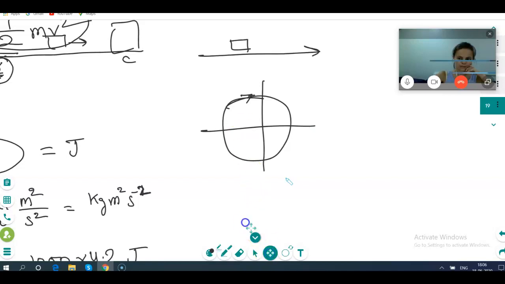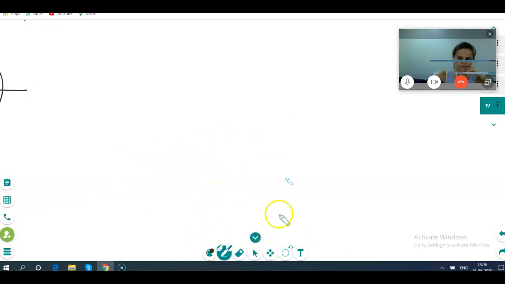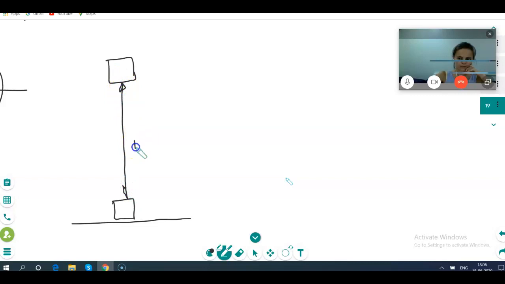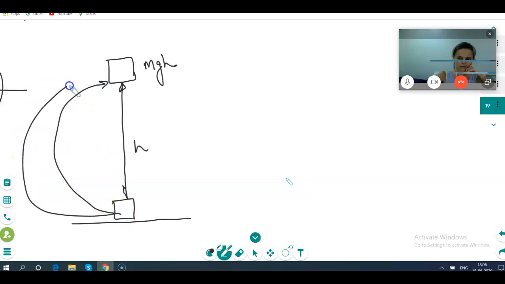Okay. Now I will ask you very simple questions. You have to give me the answer. Suppose this mass is there, correct? If it goes up by this height, how much energy will we gain here? It gains mgh, potential energy. If this mass goes by this path, no matter what path it takes, at this height it has this much energy. Am I right or not? Agreed or not? Yes.